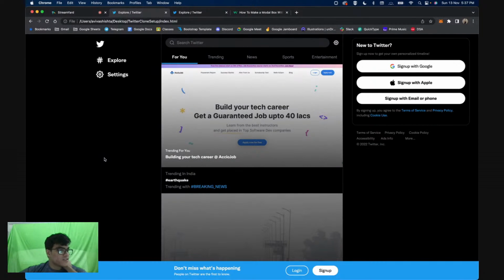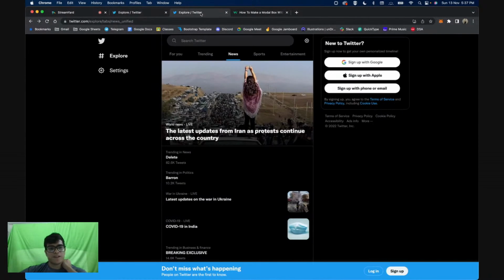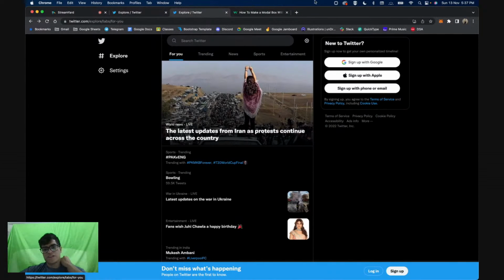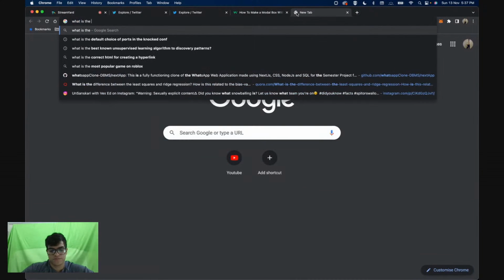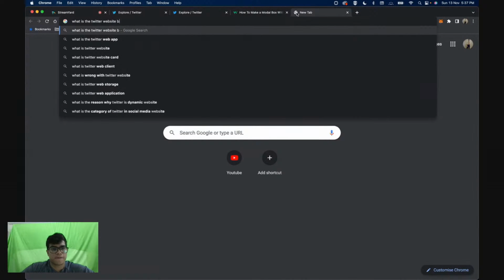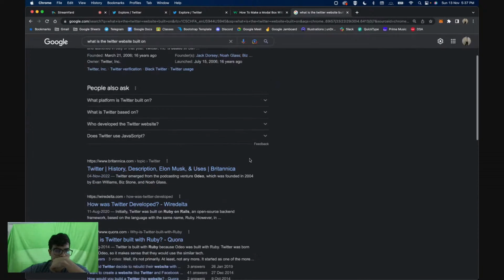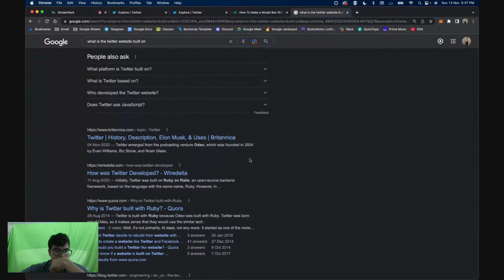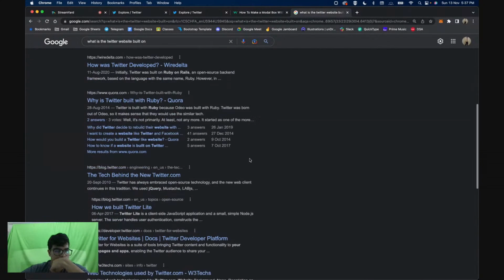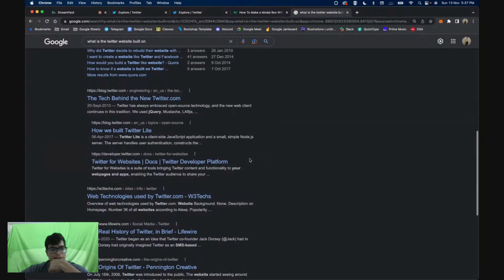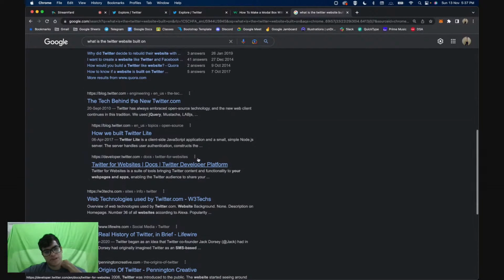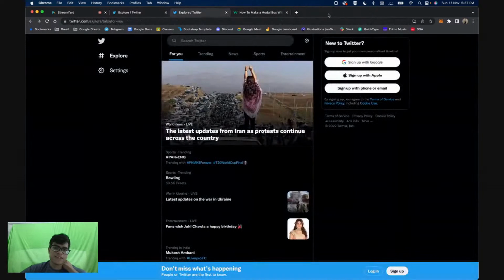Twitter, yeah, I'm pretty sure, I don't even think Twitter's website is built on HTML anymore. It used to be, obviously, but now I believe that it no longer is. Let me Google. Yeah, I believe they must have changed recently, because I don't think they're still using HTML or JavaScript. They're probably using React or any other newer technologies, right? Anyway,